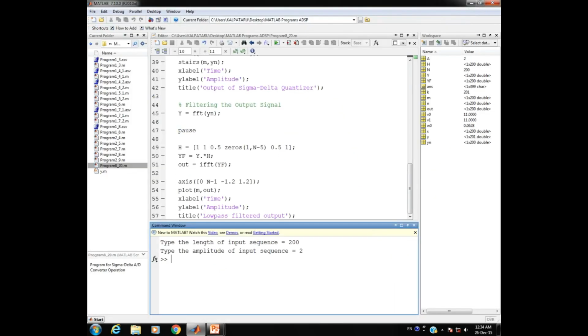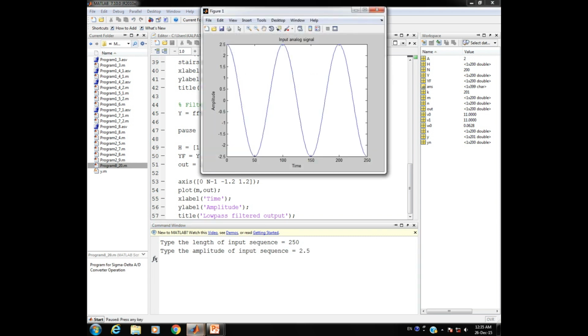I just close this window and run this program again. At the command window it is asking to type the length of the input sequence. Let us say this time it is 250, we have changed it, and the amplitude of the input sequence, for example 2.5. Hitting enter, you see the input analog signal.